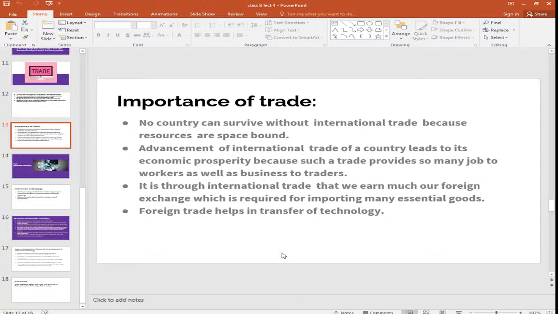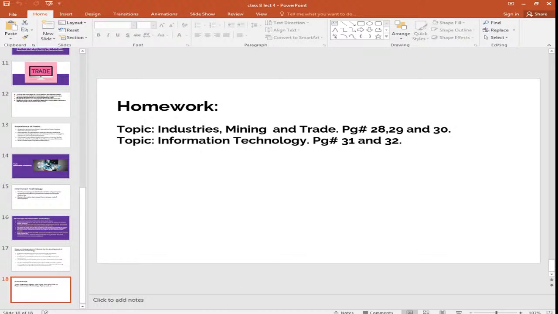We cannot survive without international trade. It leads to economic prosperity. Through international trade, we earn foreign exchange, और foreign trade helps in transfer of technology. सही, तो ये टॉपिक हमारा यहाँ पर एंड होता है। आई एम स्टार्टिंग नाउ